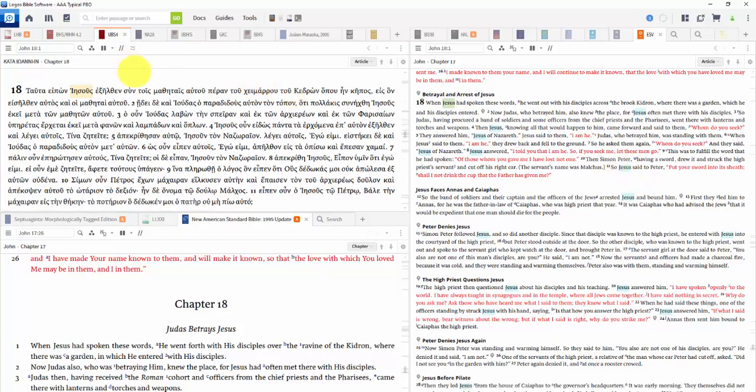Let's see what happens when we do a verb instead of a noun or proper noun. Let's do exhalthen, to go out of. It understands that as well, and now it's picked up 3 words, he went out, as tracing to exhalthen. That's accurate, isn't it? He went out. And then we see that at the end of